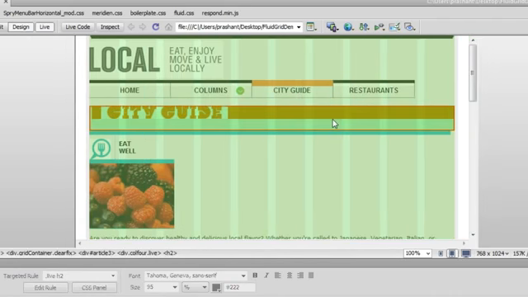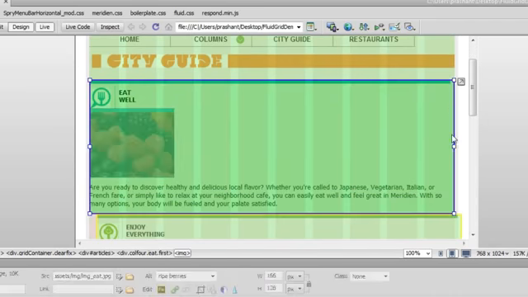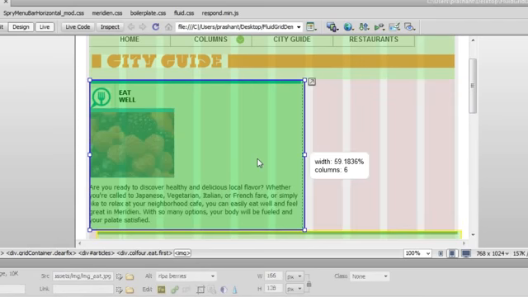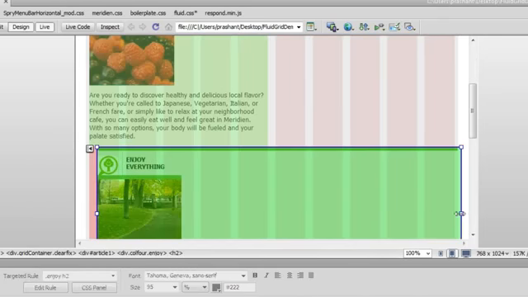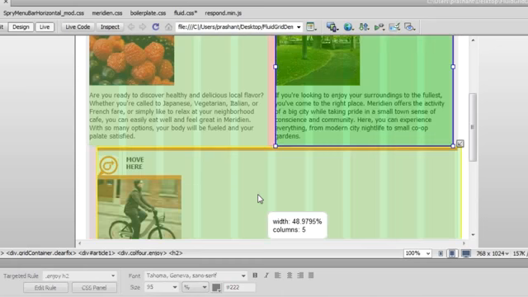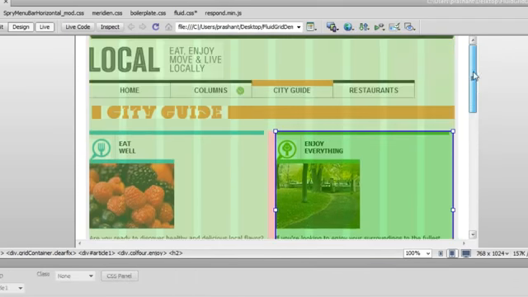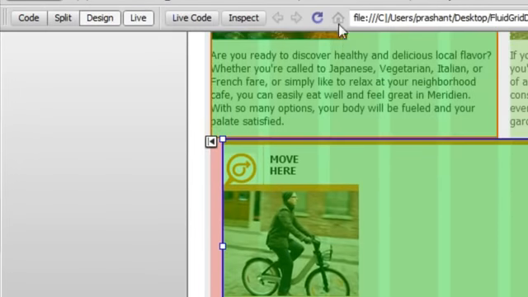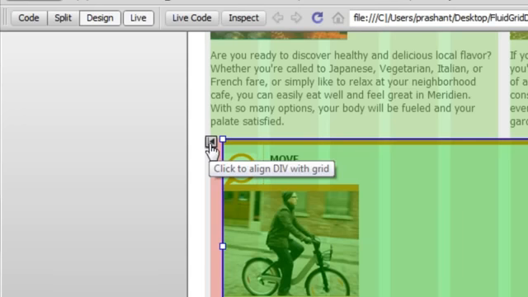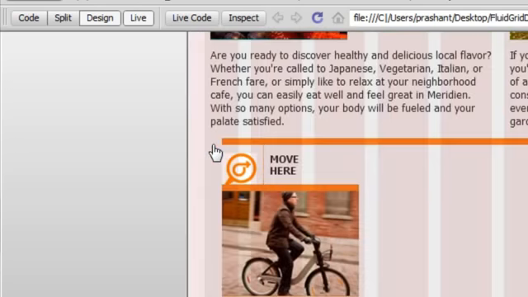In the tablet view, I would want 2 articles per row. So we are going to do resizing accordingly. So let me resize it. And let me resize this second row here. Now they're in the same row. As you can see, as this was an attachment to an already existing row, there is a gap over here. I'm going to use this visual aid to tell Dreamweaver that I wouldn't want this gap over here and snap to the left margin.